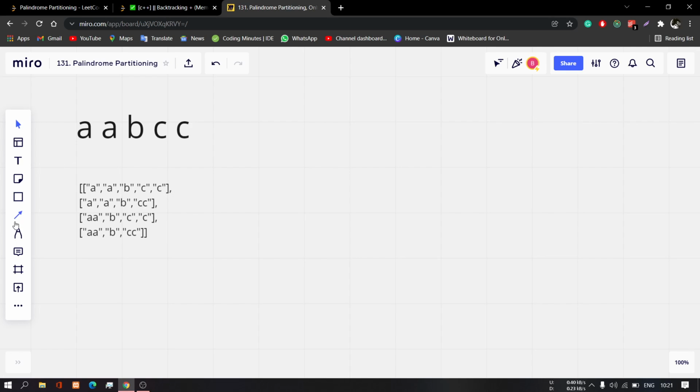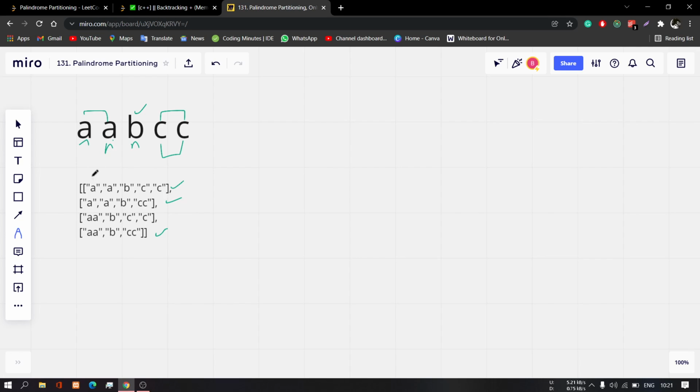Then again you can see that aa is also a palindrome, and b is also a palindrome and cc is also a palindrome. So this will be one. Then if you see again, you can see that aa, b and these two c's can generate another array and it is also a palindrome.